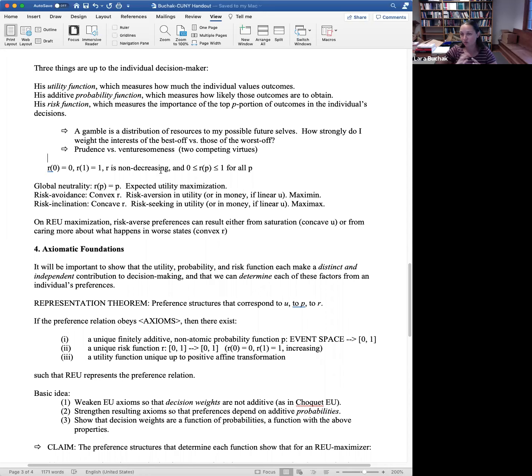I'm not sure again whether this is a reasonable strategy to have. If you're risk inclined, you're going to have a concave risk function. You're going to be risk seeking in utility. So of two gambles with the same mean utility value, you're going to prefer the one that's more spread out, that has higher highs and lower lows. And a limit case of this is maximax, where you just prefer the gamble with the highest maximum. So remember our two coffee drinkers who both preferred 1 cup of coffee to a coin flip between 2.